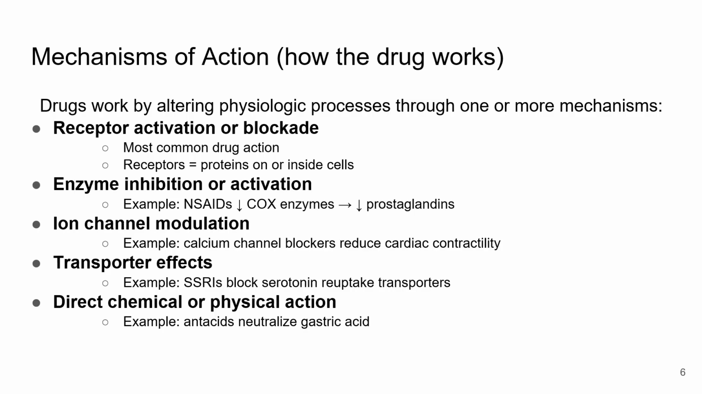And then some drugs work through direct chemical or physical action, so without receptors or enzymes at all. Antacids are a good example of this. They simply work to neutralize gastric acid in the stomach. Clinically, this is why antacids work quickly but don't change acid production long term, because they are really just